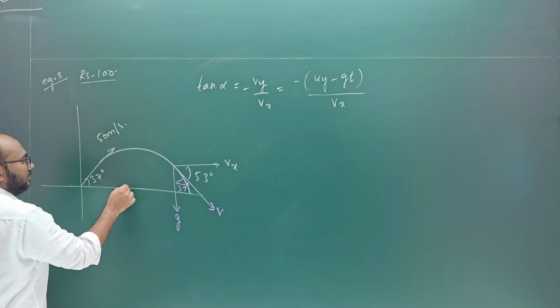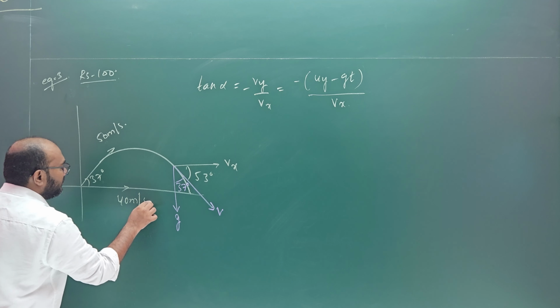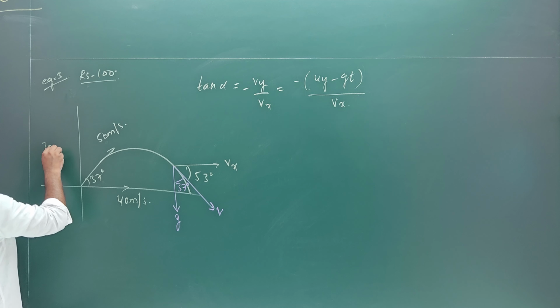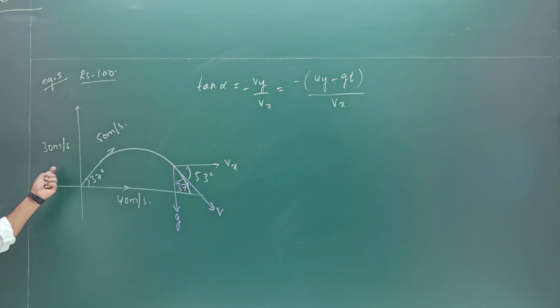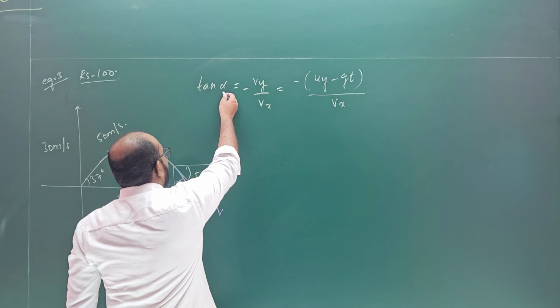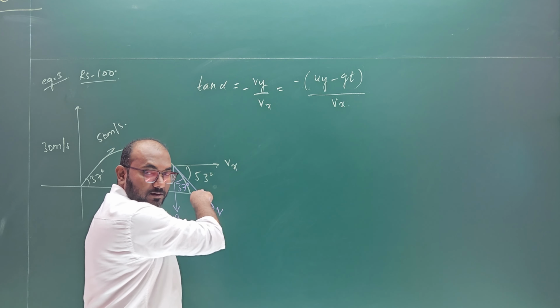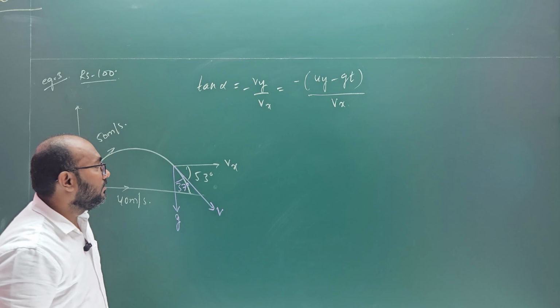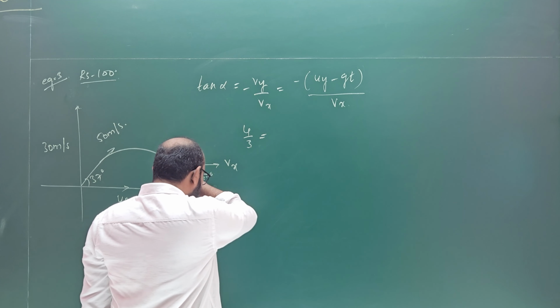Okay. If cos 37 is 4 by 5, that means with 50, this velocity becomes 40 meter per second, and along the y-axis it becomes 30 meter per second. Yes or no? Okay. Substituting these values. So tan 53, how much is tan 53? 4 by 3. Are you sure about that? Okay. So 4 upon 3 is nothing but